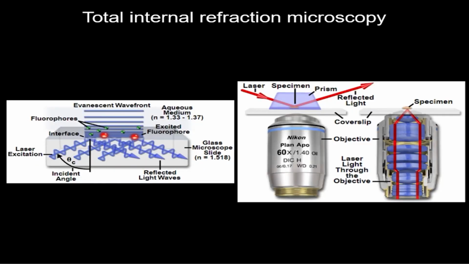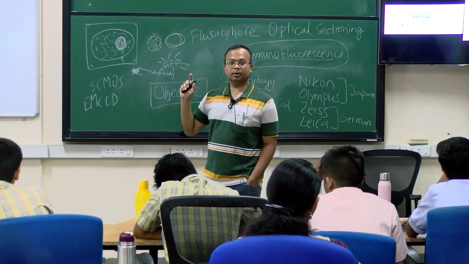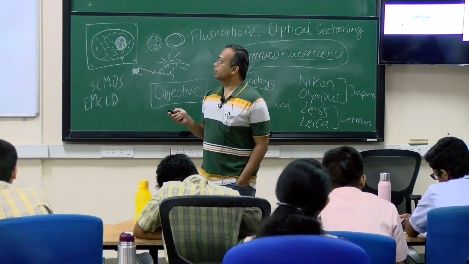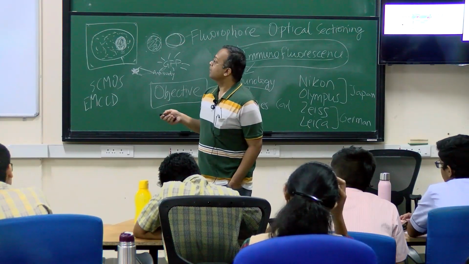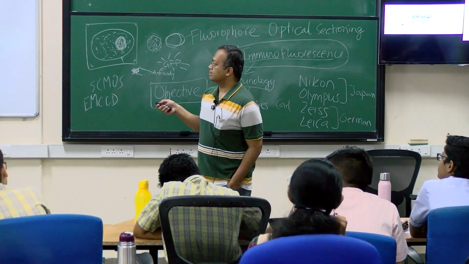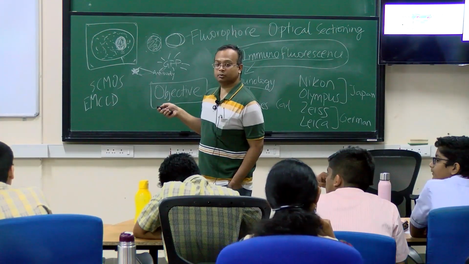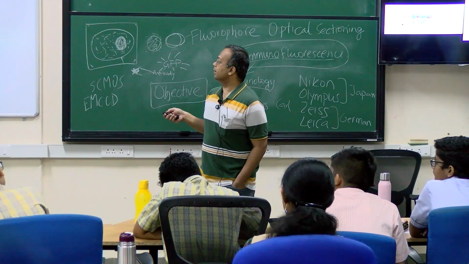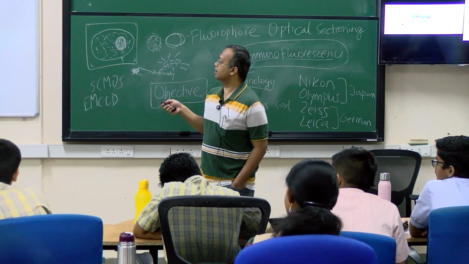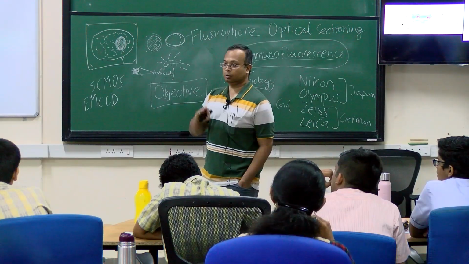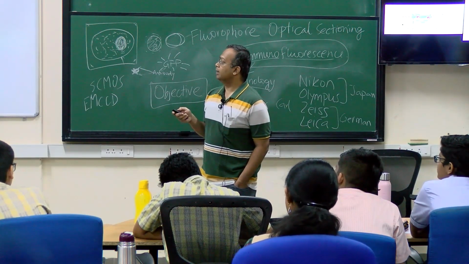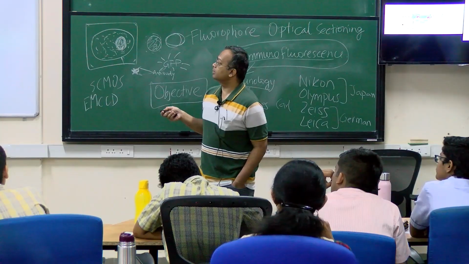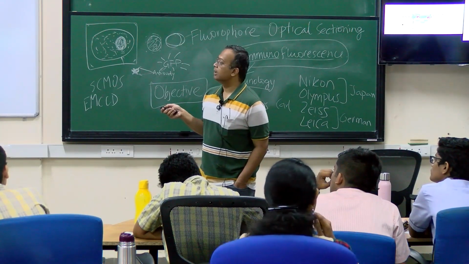And then there is another example, which is total internal reflection. I told you about that in the previous lecture, so you can use that same principle in microscopy as well. In total internal reflection, you have light or laser coming in, and instead of passing through your sample, it gets totally reflected back. Your light comes through your objective, falls on your specimen, and goes back into your objective, totally internally reflected. And there is something called an evanescent wave that forms,